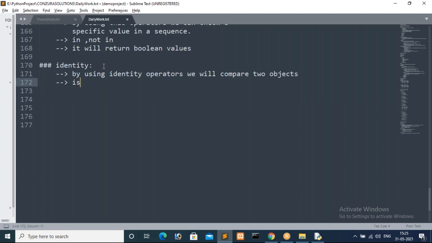One is the "is", another one is the "not". Sorry, "is" and "is not". By using these operators we will compare two different objects, not values, guys. For comparing values we will go with the double equals operator. For comparing objects of values, we will go with "is" and "is not". So these identity operators also will return